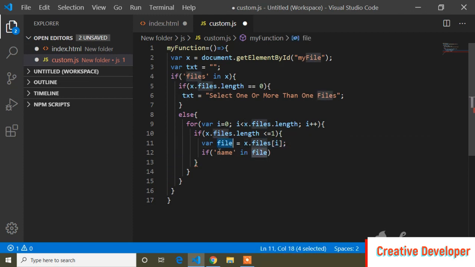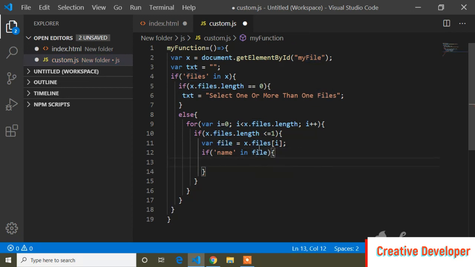So now I will get the name of the uploaded image. First of all, I have written here files in x, which means I am getting all the properties of the input type files, and now I need a name, so I called name in file, because I stored all the uploaded images inside this file variable.